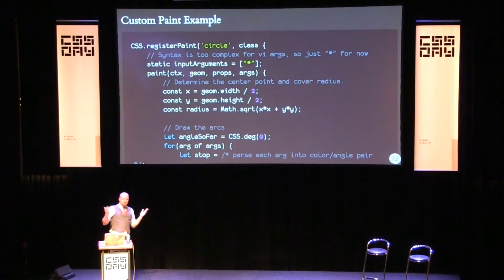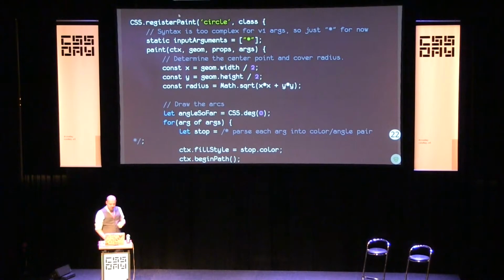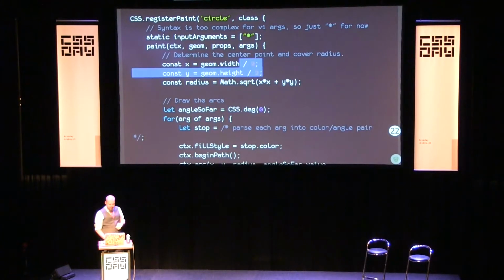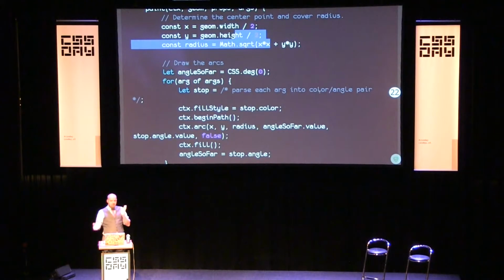In custom paint, the example would look something like this. There's a working example of it from Philip's talk, so look that over, but let me just go over it quickly. Say that you want a circle, pass it a new class, it takes in anything for arguments, do some parsing on your own, figure out where the center is going to be, what the radius is going to be, and then draw the color stops using the canvas methods.